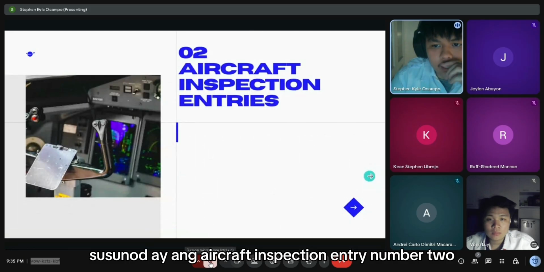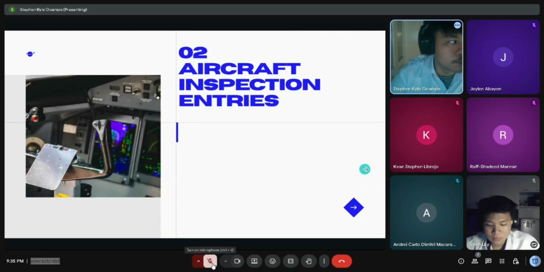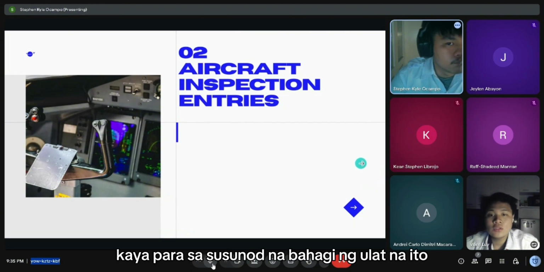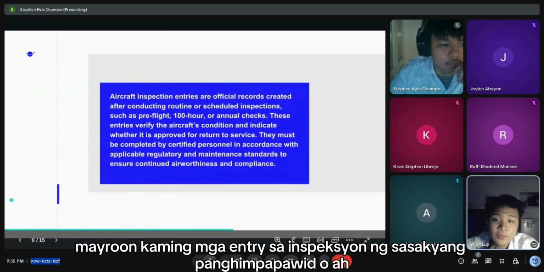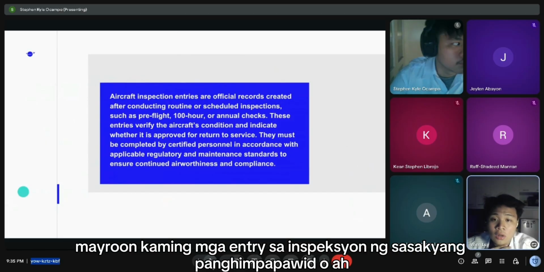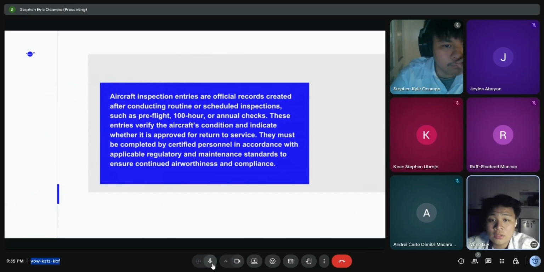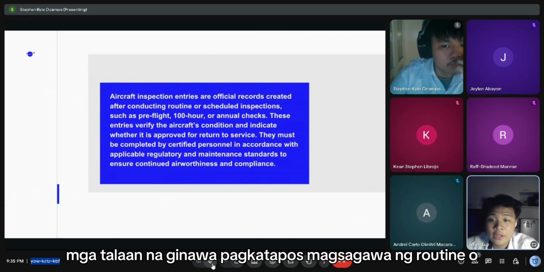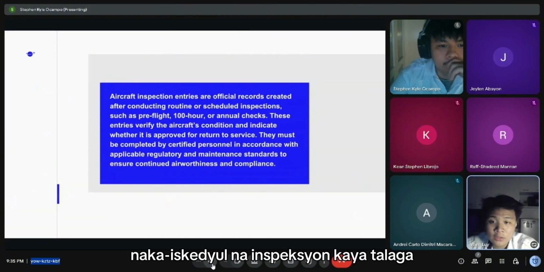Next is the aircraft inspection entries, number two. For the next part of this report, we have the aircraft inspection entries. These are the official records created after conducting routine or scheduled inspections.